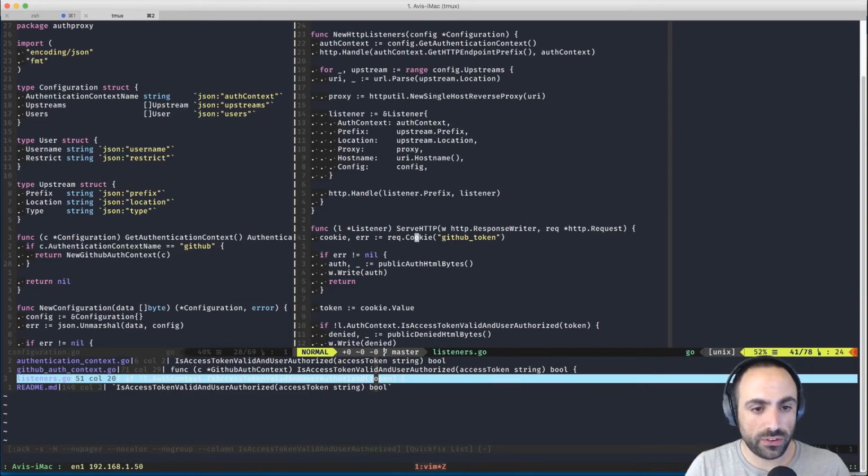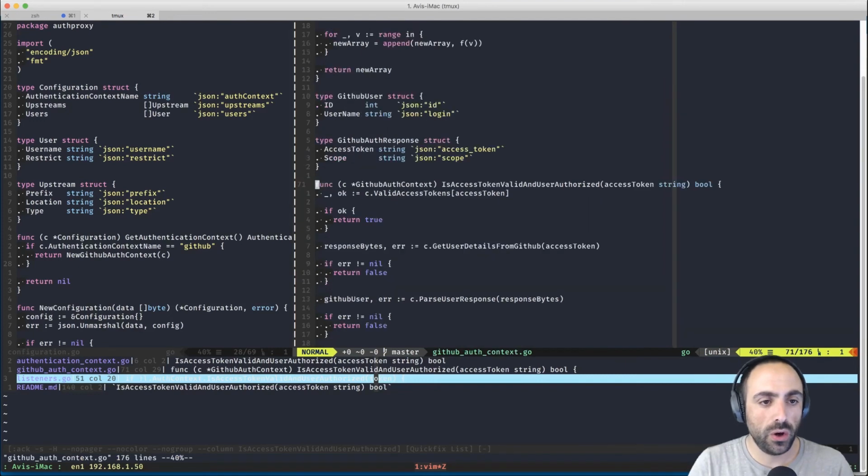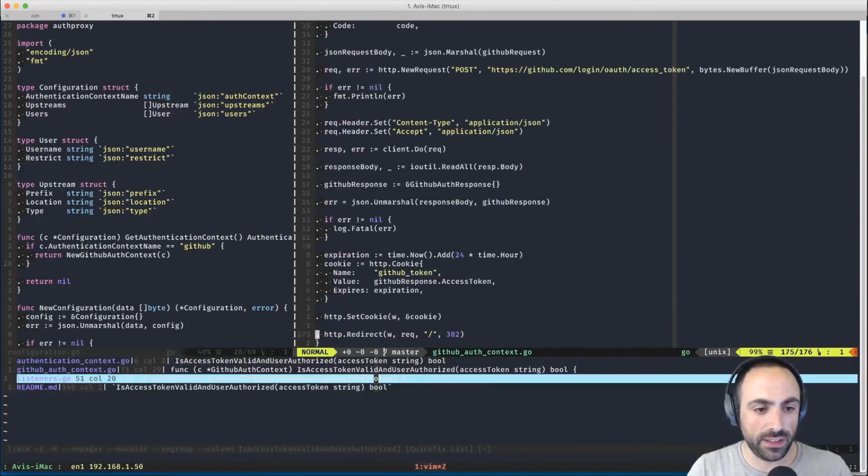So where does the token actually come from? The token is the cookie value, and the cookie value is being set here. All right, I get it now. I am now up to speed with the code I wrote 2 weeks ago.